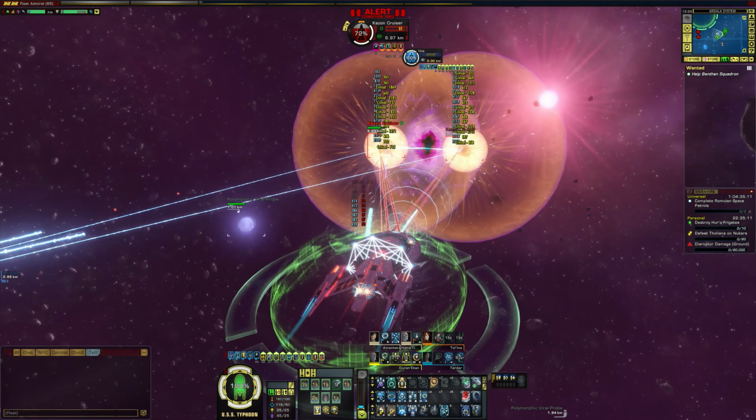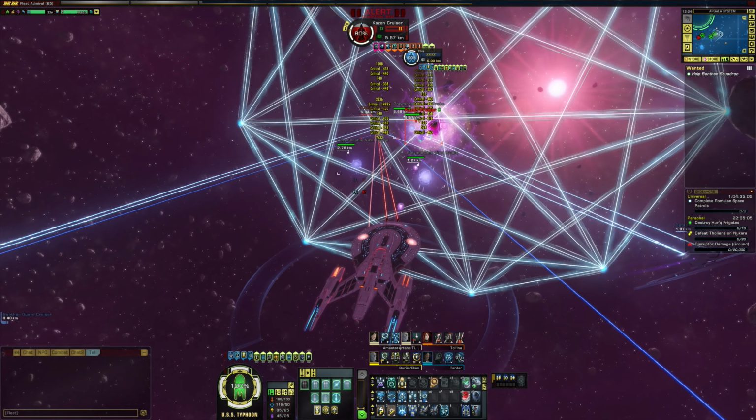And we can then throw a net. See, they are now in the gravity well, so the net should... Wait, I'm gonna switch target here to...